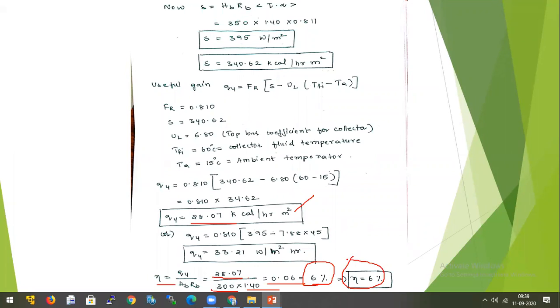Okay, so this is the one problem we are having. This is the end of second unit. Second unit will be over. I will give the material. Next we will start third unit.